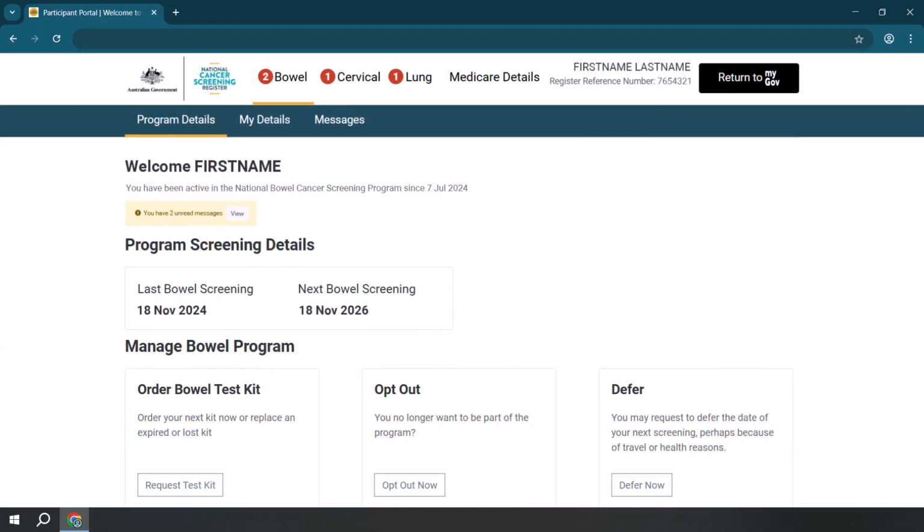This video will demonstrate how to manage your participation in the National Bowel Cancer Screening Program. The page has 3 primary tabs relevant to your participation in the program. Program Details displays how long you have been participating in the program and notification of any unread messages, the last